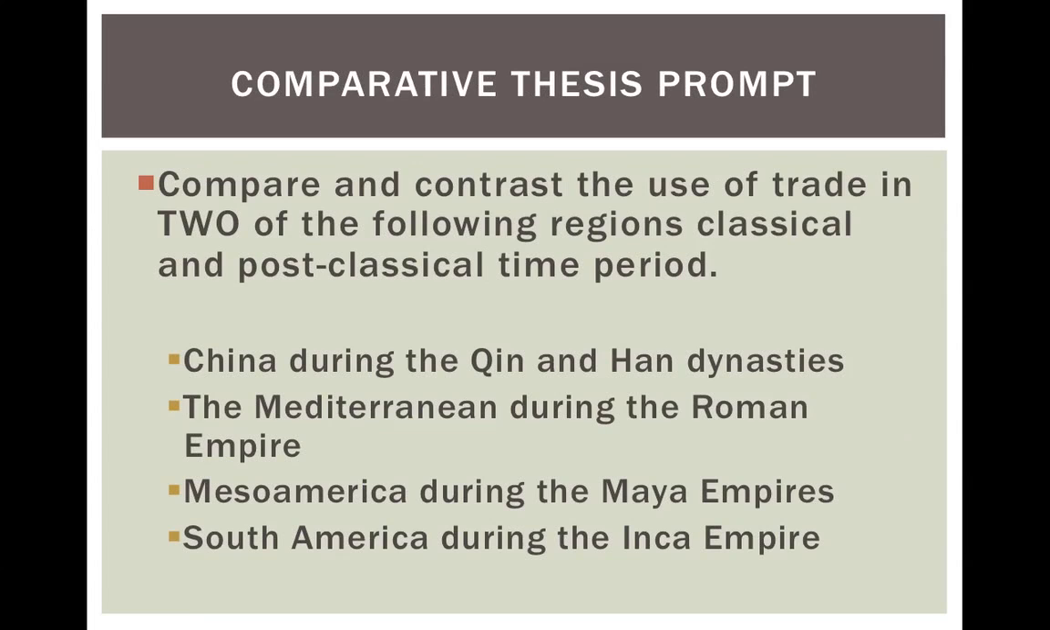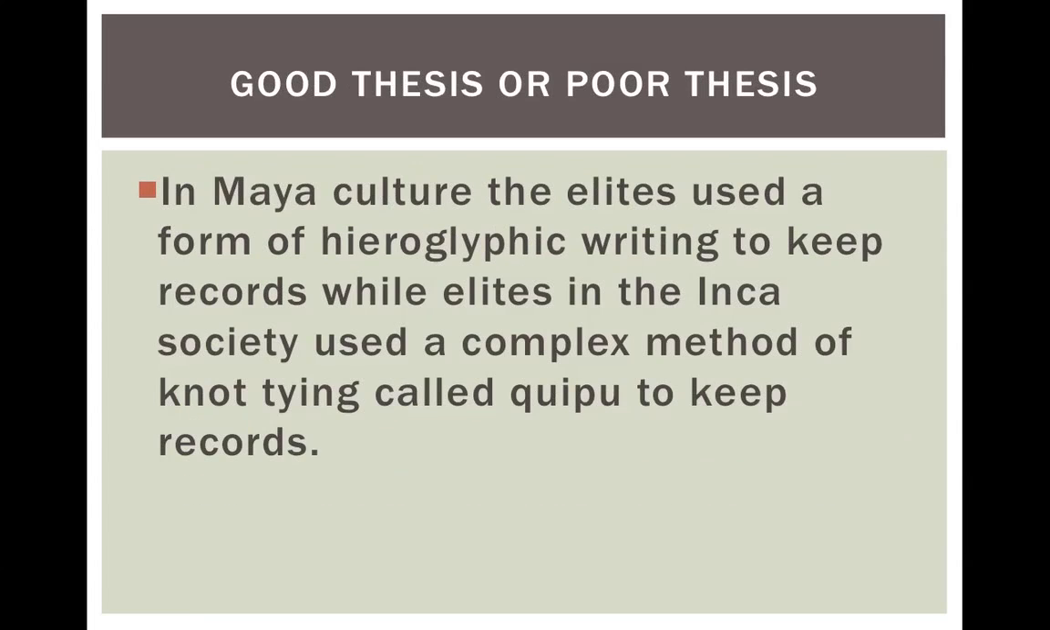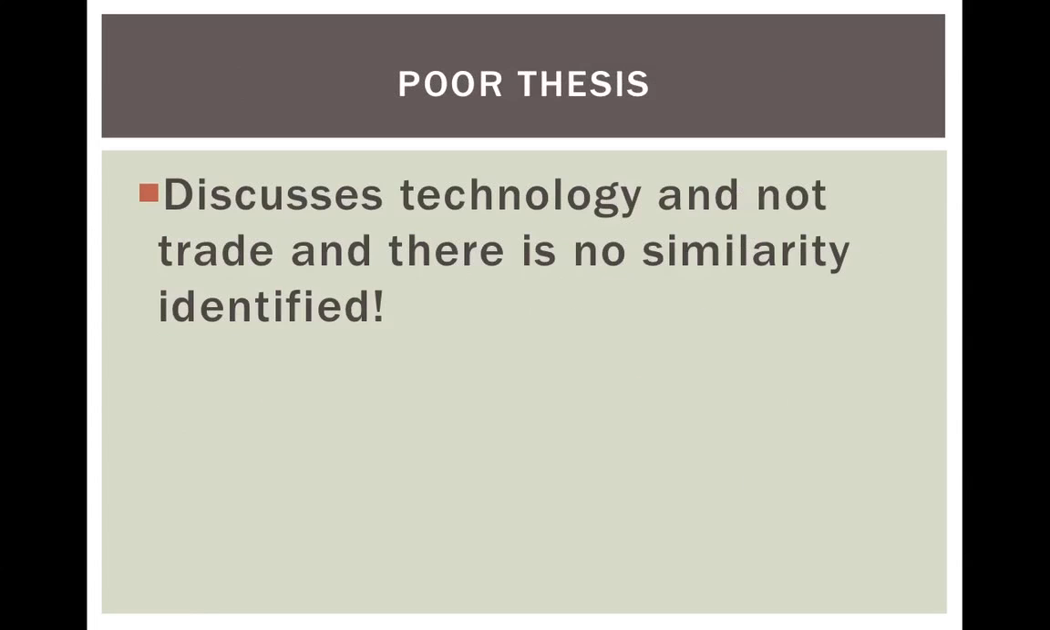There's our prompt again. First one. In Mayan culture, the elites used a form of hieroglyphic writing to keep records, while elites in the Inca society used a complex method of knot tying called quipu to keep records. 3, 2, 1. This is a poor thesis because it discusses technology, does not discuss how technology impacted trade, and